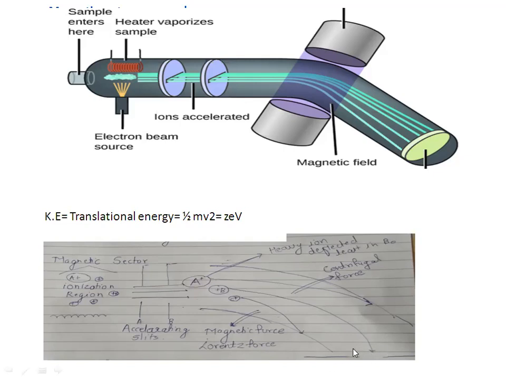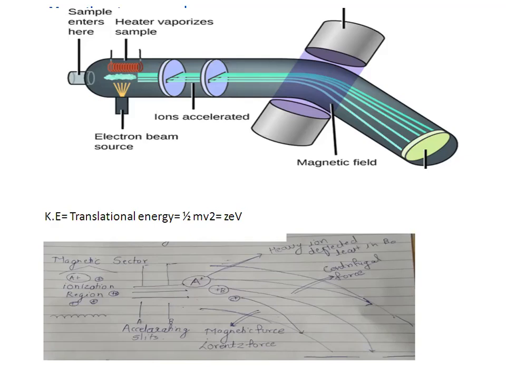Generally, as I've explained, we try to change the magnetic field. If you change the magnetic field, different ions can be brought to the focus. But we have other options also. We can change the radius, and we can change the accelerating voltage gradually, so that different ions could be brought to the focus. So this is the way the magnetic sector instrument works. This is also called a single focusing instrument.